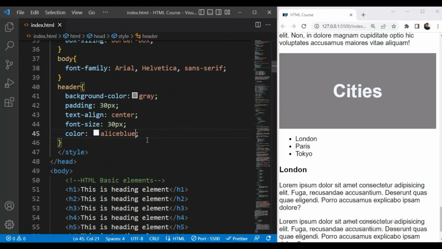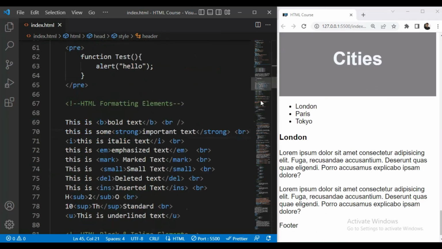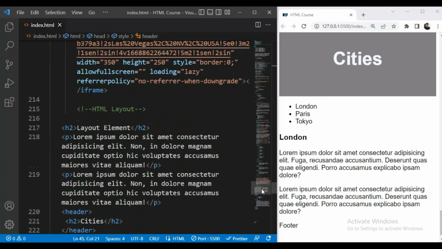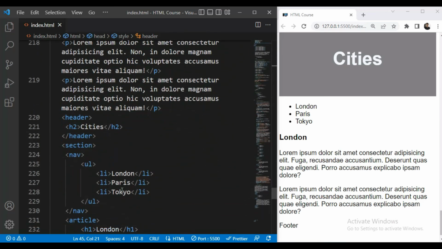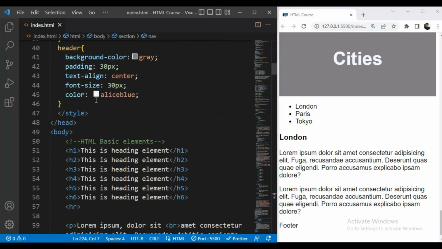Then we'll style our nav. So this is our nav element. So you can see here, this London, Paris, these are our unordered list items inside the nav element. So we'll style nav.